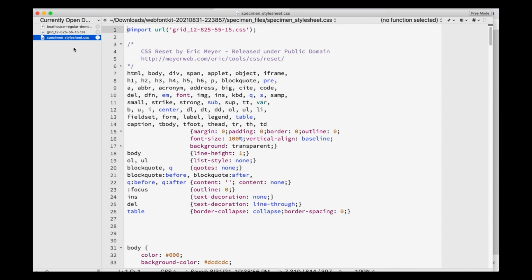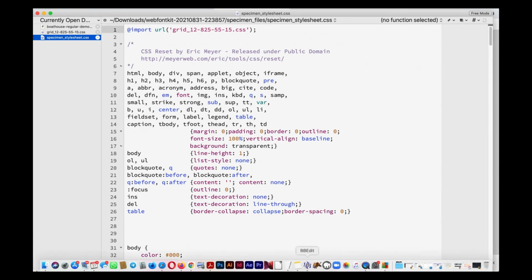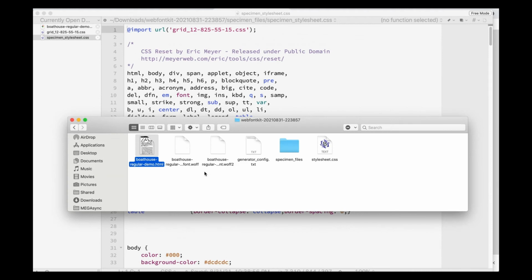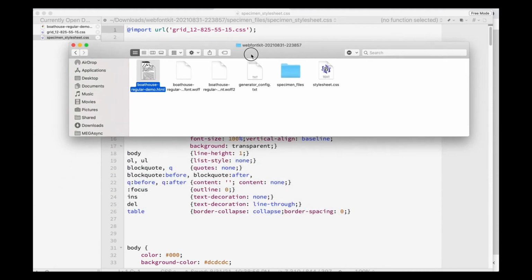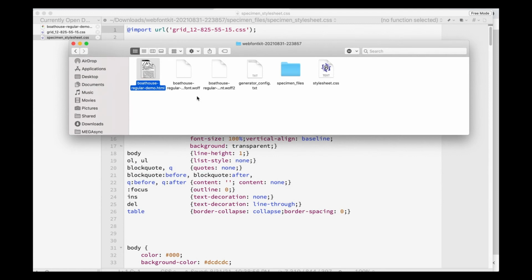These are not files that you need to load into your website. These are basically informational files that help you understand what you asked Font Squirrel to do, what files it generated. So really the only files that you're going to need to gather together to put on your website are the newly generated web open font face files,